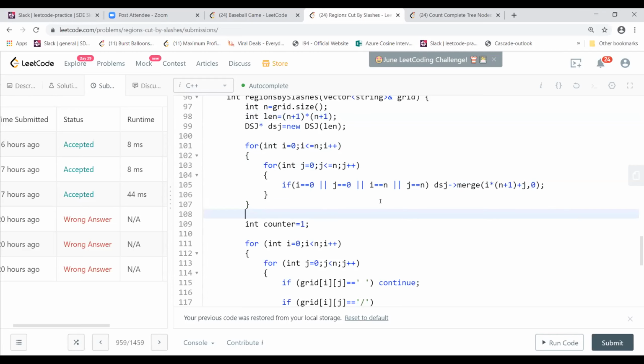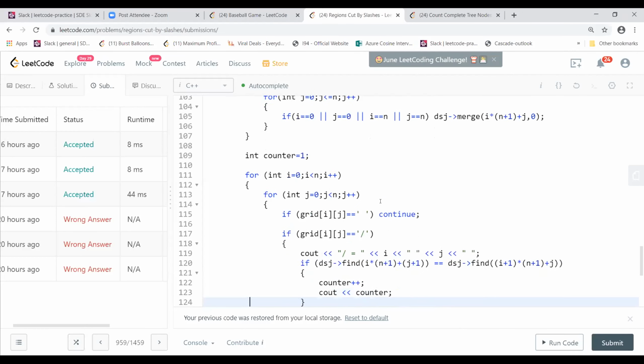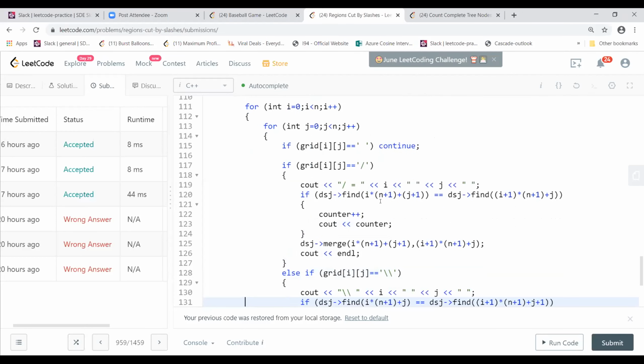Then I start iterating the grid array. Whenever I see a slash, the first thing I do is try to find if there is a connection.